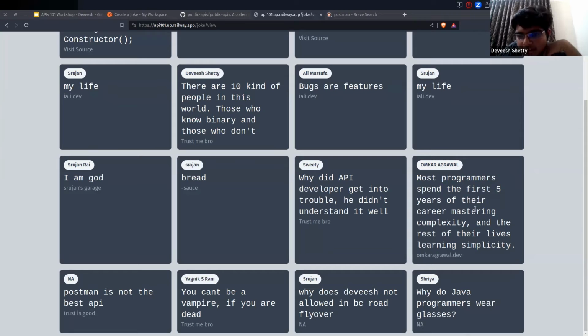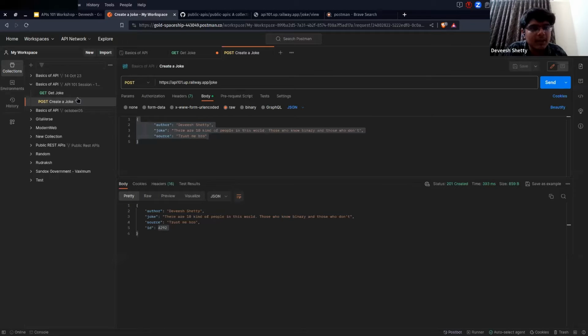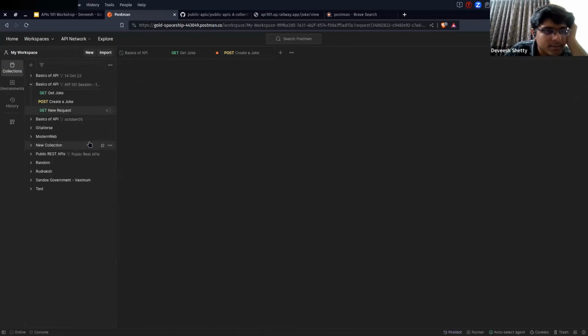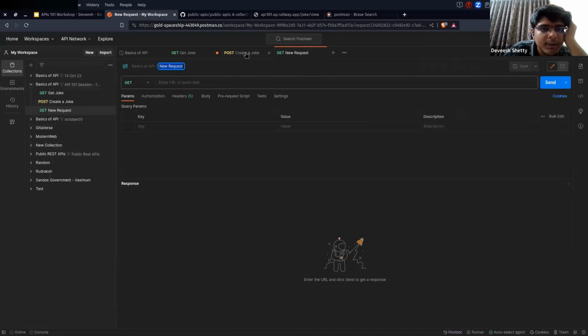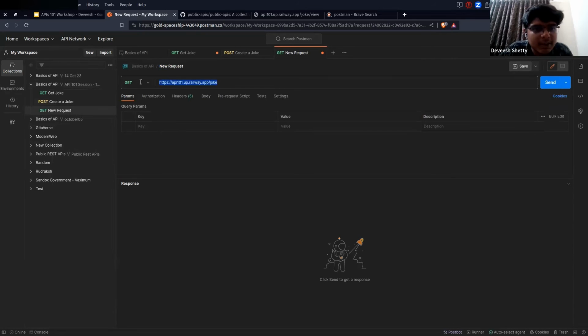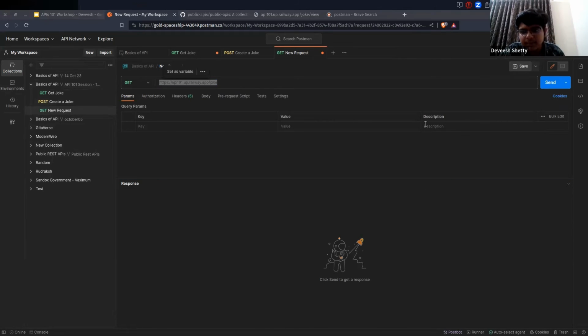I'm opening the chat box. Can you please show how to post once again, please? Yeah, sure. Why not? So come here, create a new request. Here you will find three dots. Create a new request, add request. Then you need a URL. Copy paste the same URL here. If you want, I will put it in the chat box as well. Okay, this is the URL.